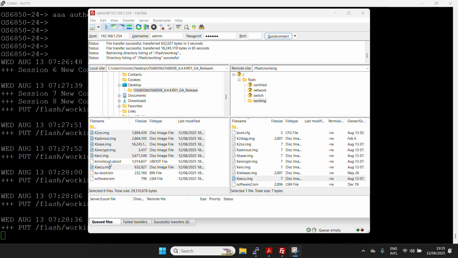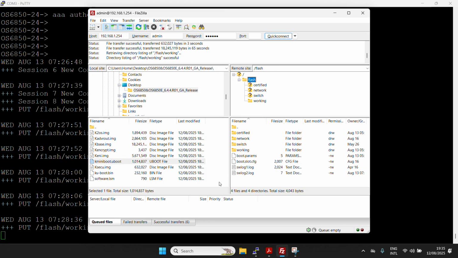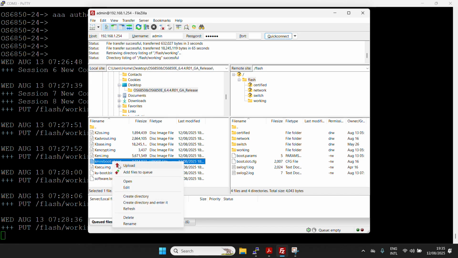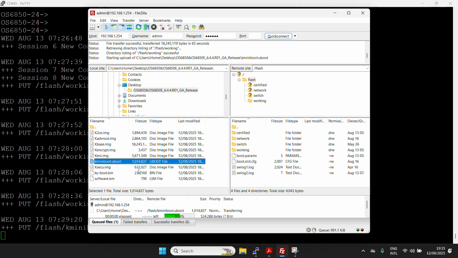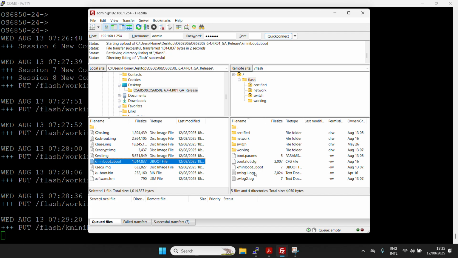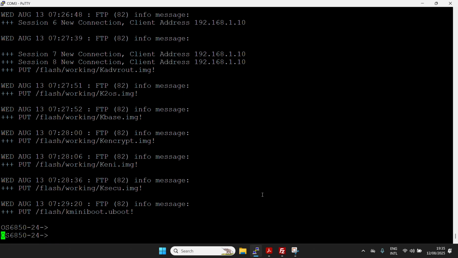After that, we will need to upload this file, which is the .uboot file, because we'll have to update the U-boot as well. So this file we will upload in the flash directory only, and we can remove this file once the U-boot is updated. So I will right click and click on update. I am keeping it in the flash directory here. All right. So this is done. Let's go to